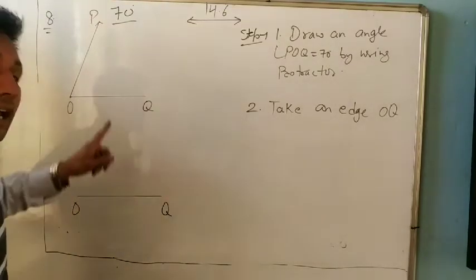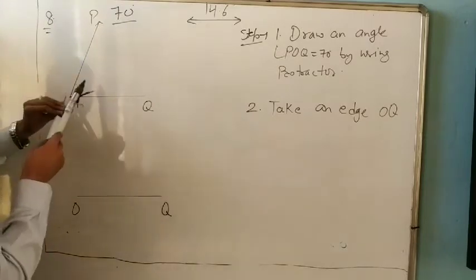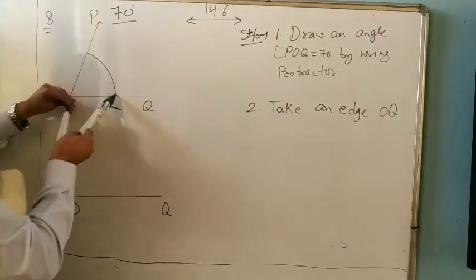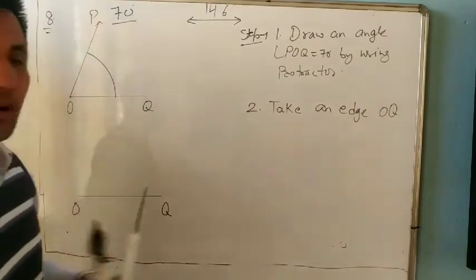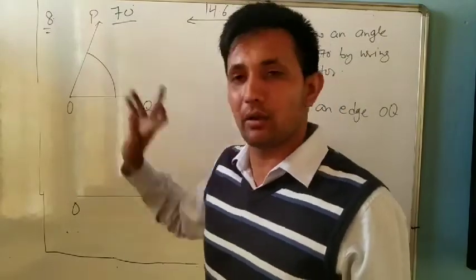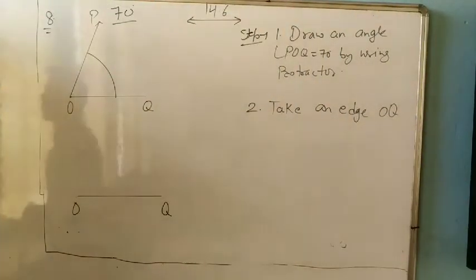Copy means both angles are 70 degrees. How will you draw? First we will measure how much it is, so you can draw any arc. Yes, it is 70 degrees. Everyone knows it is 70 degrees, right? Because whenever we want to take its bisector, we need an arc. Same as it is, this angle is 70 degrees. So what will we do?